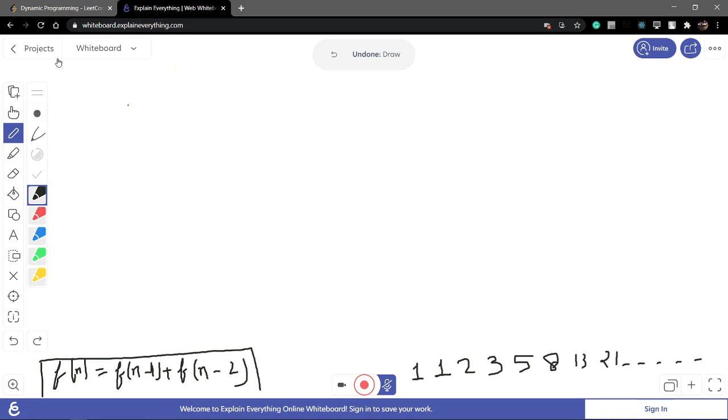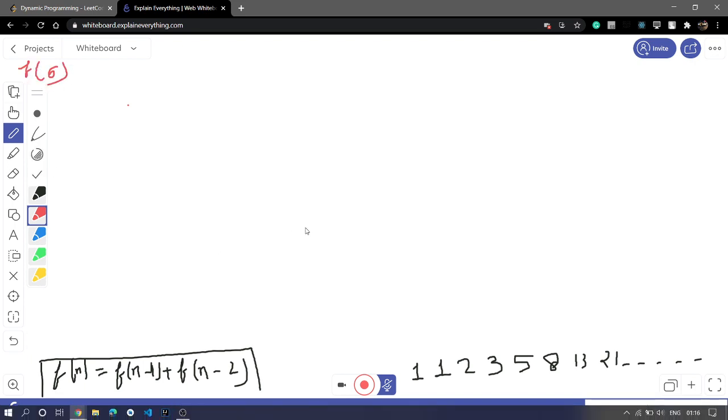If you have to analyze this question, which is from recursion, firstly you have to make a graph or a tree to analyze all the base conditions and the function calling itself. Now I have to find f(6) in the Fibonacci question. I take f(6).